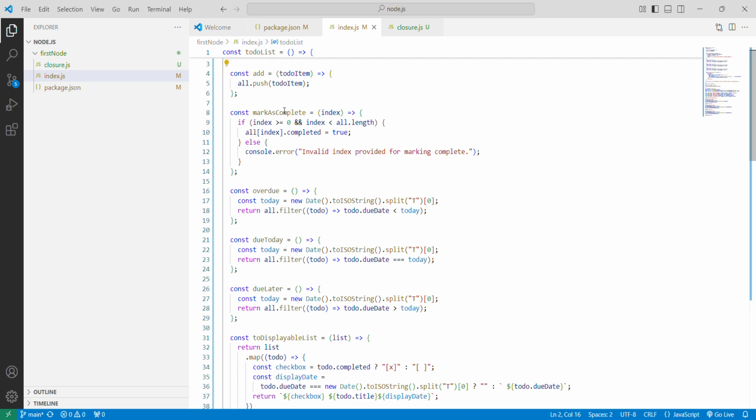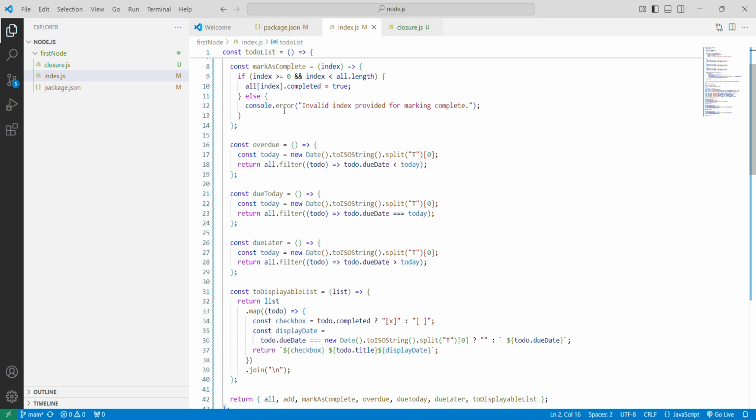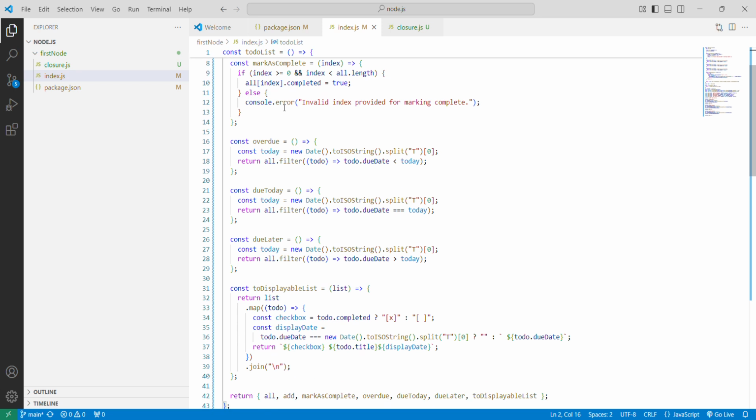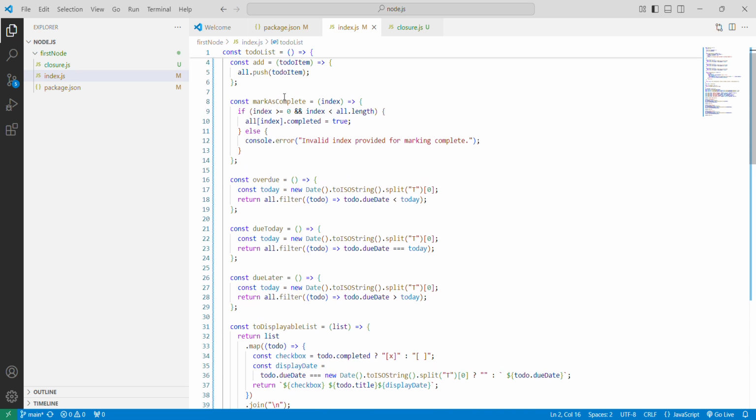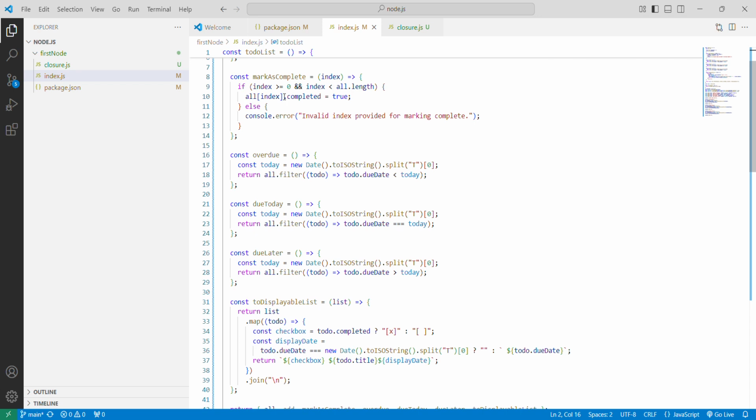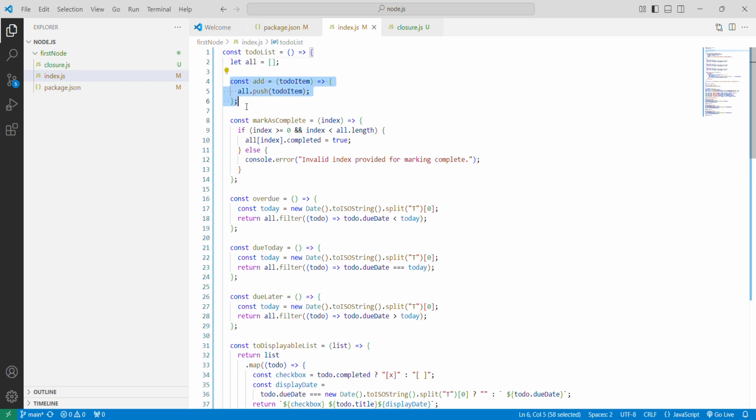Now we are using the methods add, mark as completed, overdue, due date, and due later. These are all closures because they can access the variables of the all array. What can the add function do? The add function adds a new to-do item to the all array. The to-do item here is an